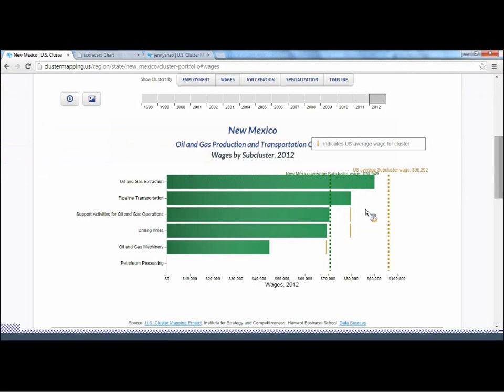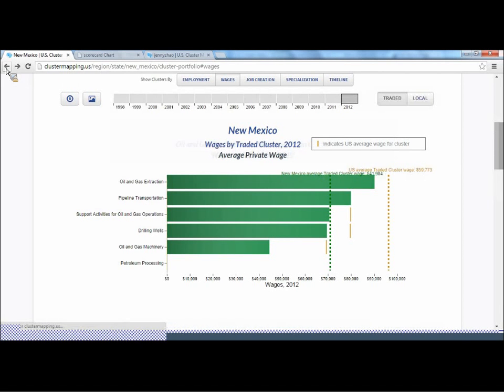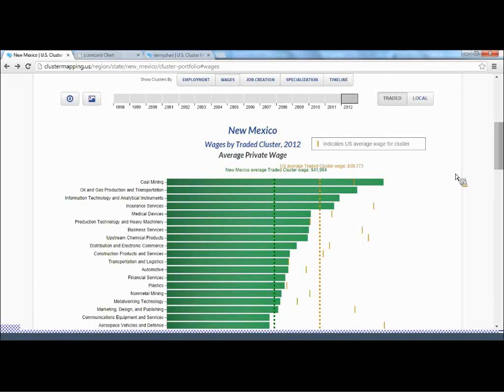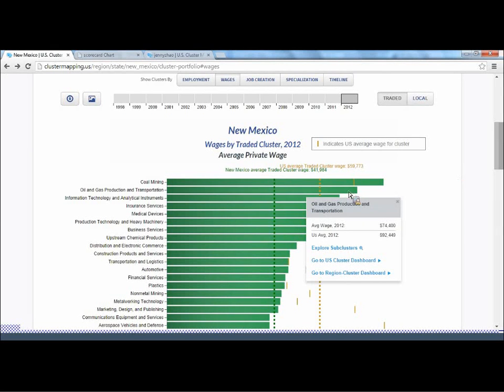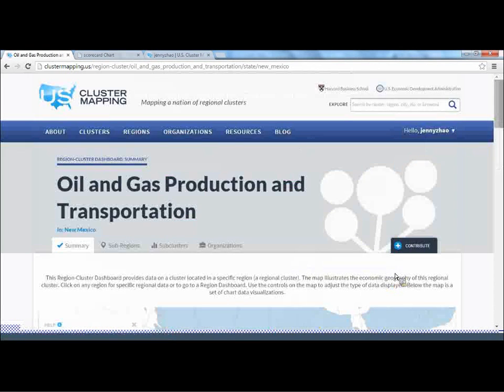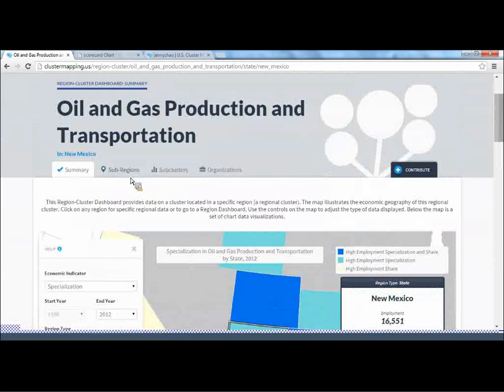So if we take one step back, so we go back to that cluster level. So if we go to show wages across all traded clusters, and we select oil and gas again. The other thing that's neat to note is the region cluster dashboard. So if we go ahead and select that one, what this will do is take us to a dashboard that looks at the cluster in New Mexico. So it's a slightly different viewpoint of data that you can see in a lot of different ways. It's just a different way to look at it, and hopefully help generate some ideas or ways that you can